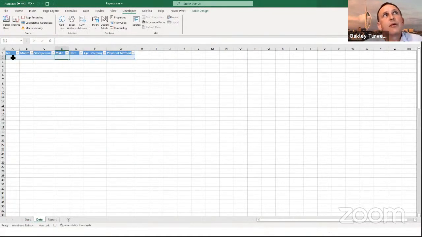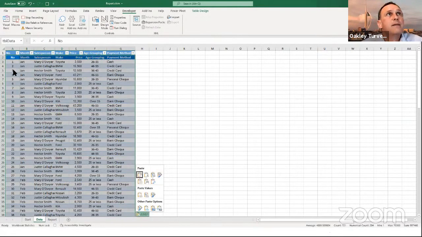Now, you might notice this is going to do something quite bizarre. So Control V, in that it pastes in a second row of headers. So we're going to look at a different way of doing this with the code later on. Okay, that's all I want to do for pasting it in, so I stop recording.